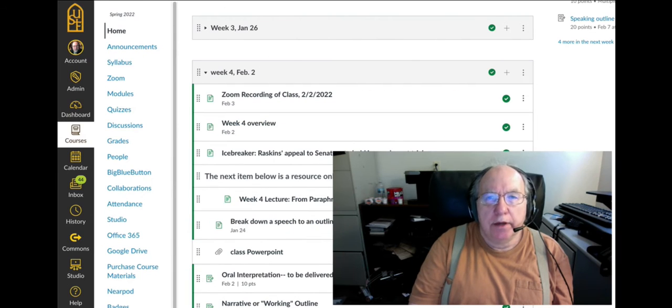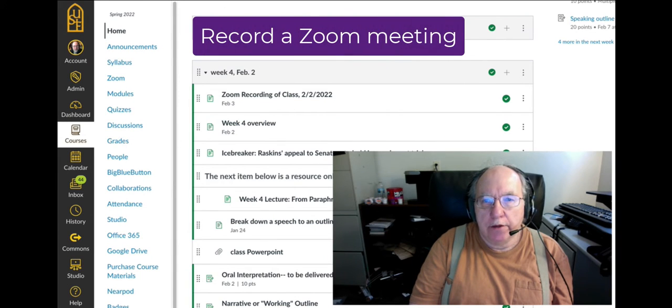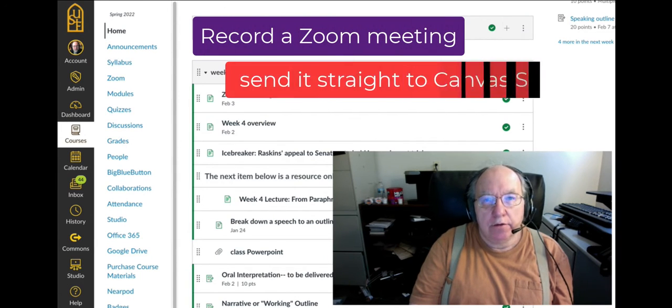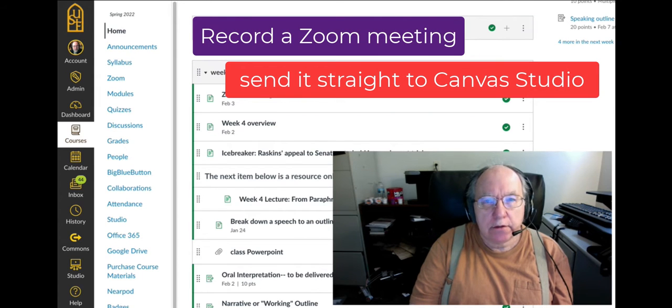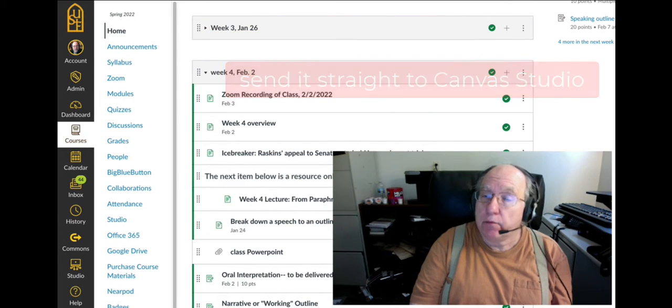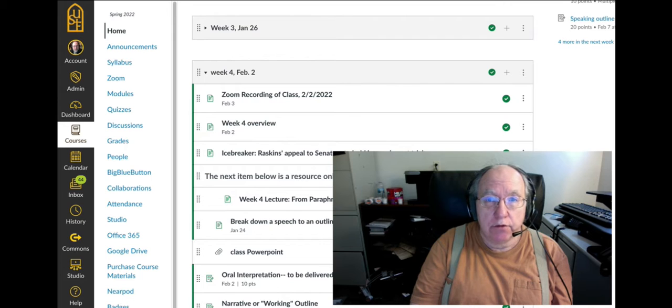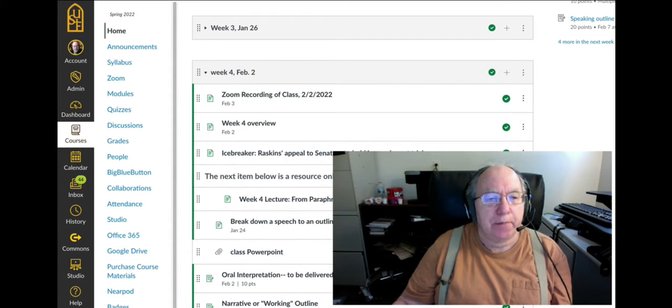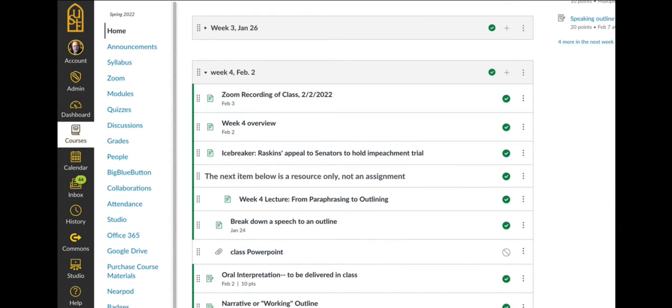It is possible now to record a Zoom session and direct that recording straight to Canvas Studio. That will save a lot of time in making that studio video available to students to see. Let's see how this works. The first part of it is yours. You have to select Studio, as I am doing now,